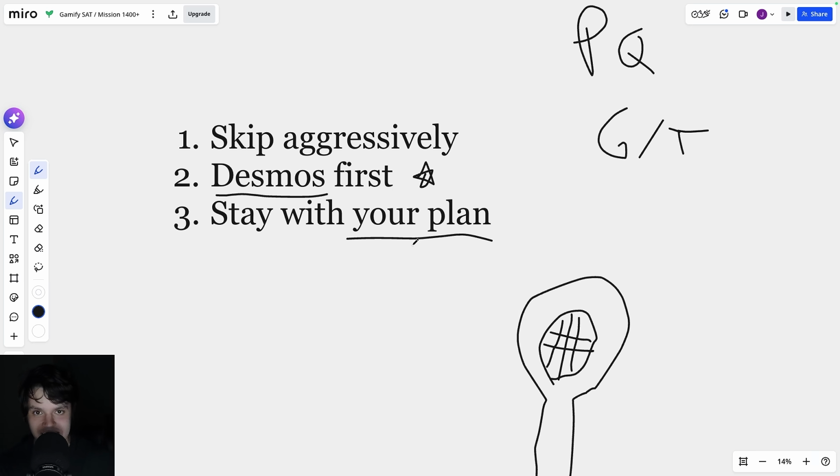And also on the test, there's going to be a big temptation to switch your strategy again. You're going to feel, okay, let me just throw this all out and let me just go start rushing through every question. Let me just throw out everything I've done because this is way too stressful. Let me just do crazy mode suddenly. Again, you have to try to resist that temptation. The way that you completely ruin SATs and score much worse than your practice is when you throw out everything you've been practicing and just go with something crazy midway through the test. So keep that in mind as well.